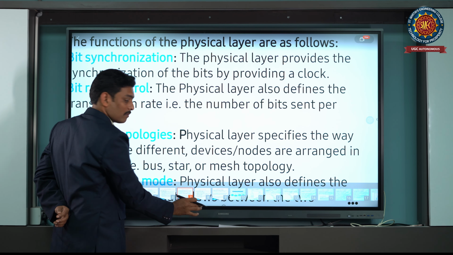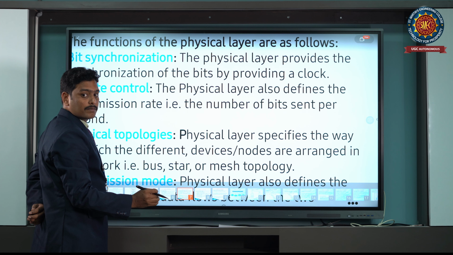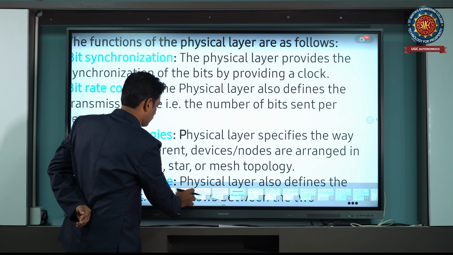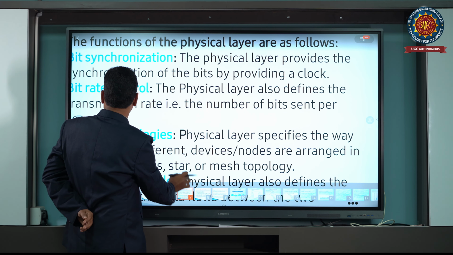While shifting, talk something, sir. Don't look at it. While shifting the pages, just